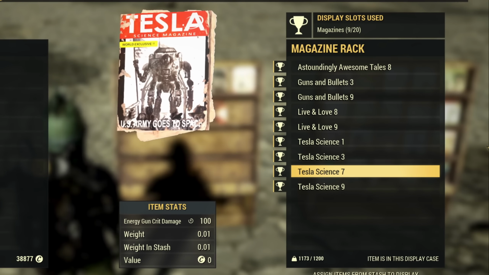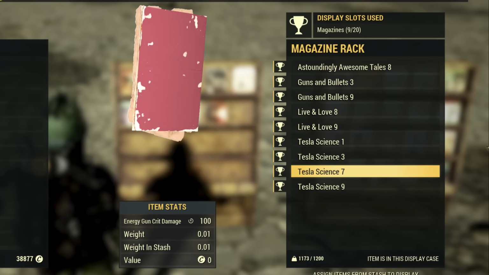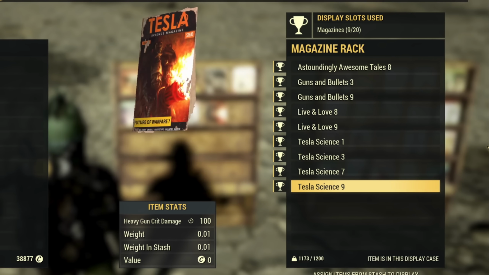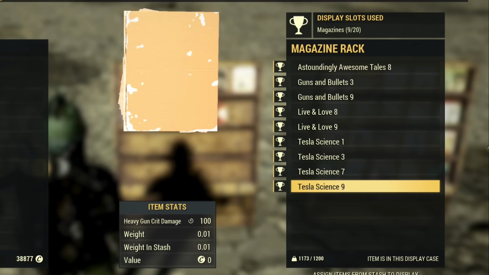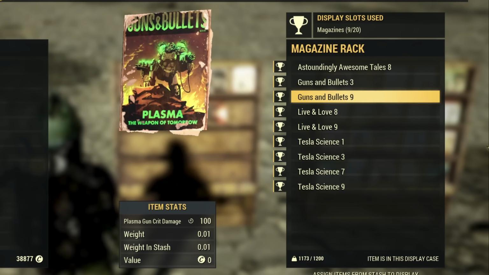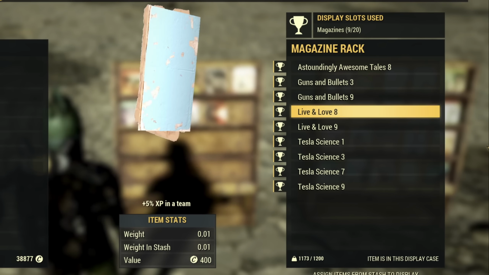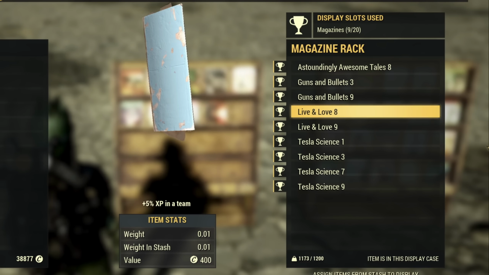Then to stay on the topic, Tesla Science 7, Energy Gun crit damage, every gun that has in its description that it's energy, and then Heavy Gun crit damage, every gun that's classified as heavy will have 100% bonus from this crit damage. After that, Live and Laugh number 8, Absolute Beast, even though the bonus is not huge, but that's